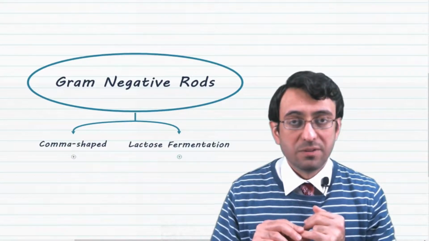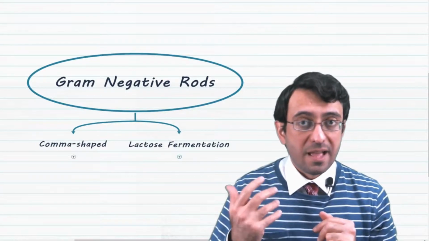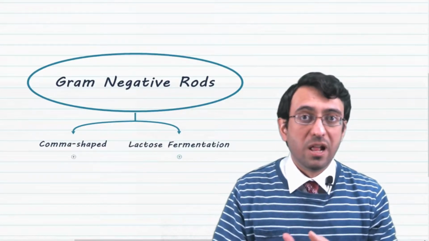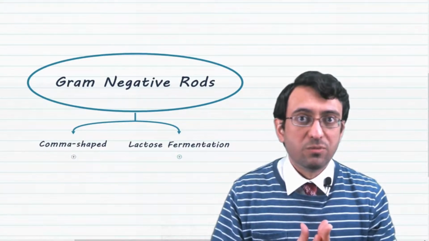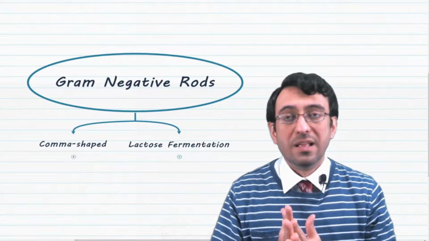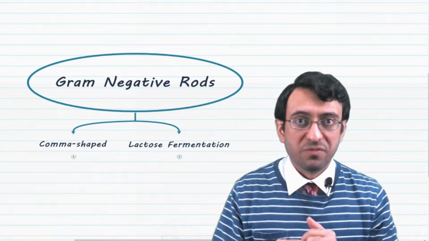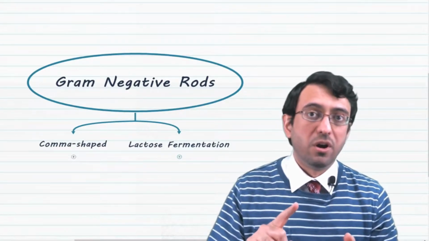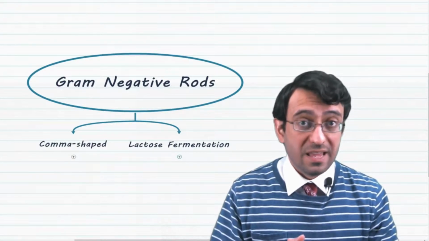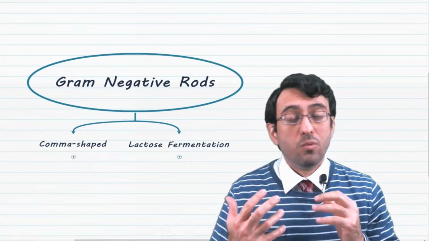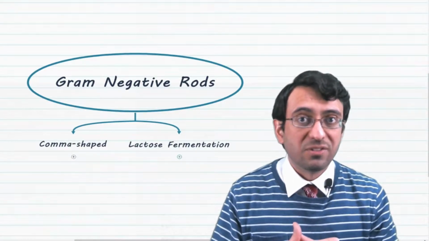One is to figure out if they are comma-shaped or not, and that includes the group of Campylobacter, Helicobacter, and Vibrio. If they are not comma-shaped, then we need to figure out what is their pattern of lactose fermentation. If they are fast, if they are slow, or if they are non-lactose fermenter. And the third decision point question is, if they are non-lactose fermenter, we need to apply some advanced agar medium